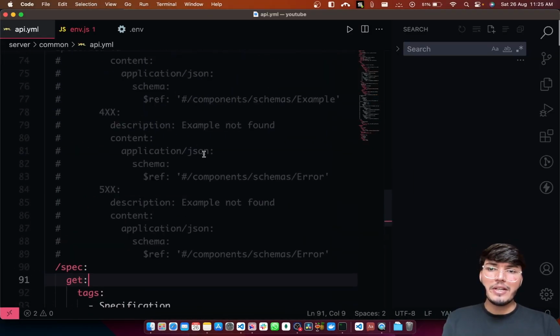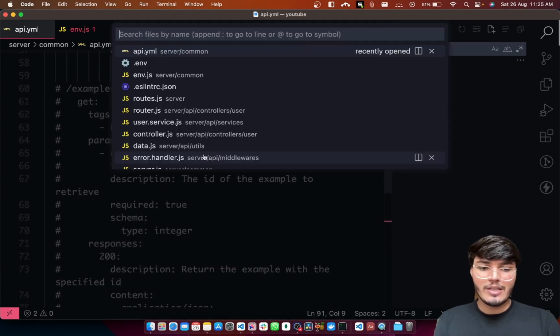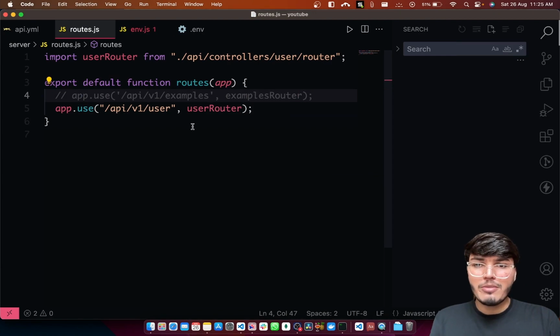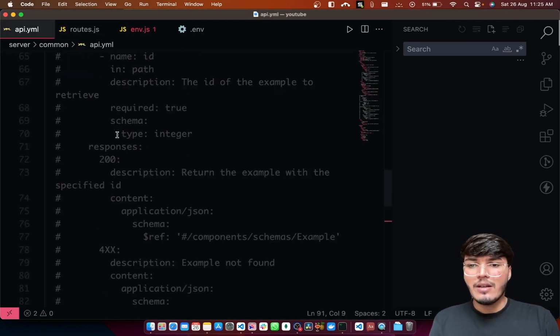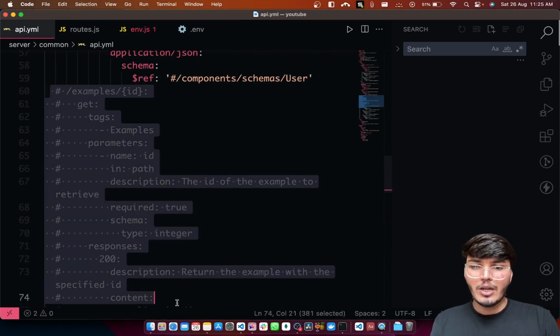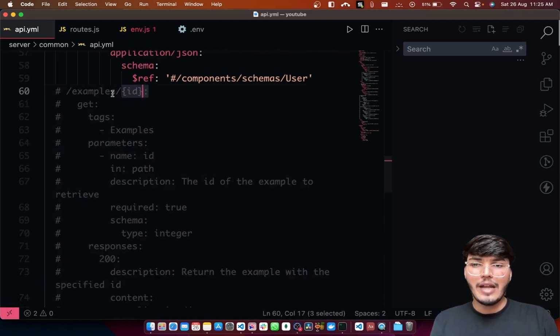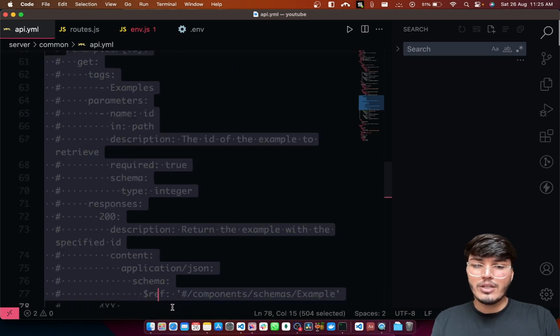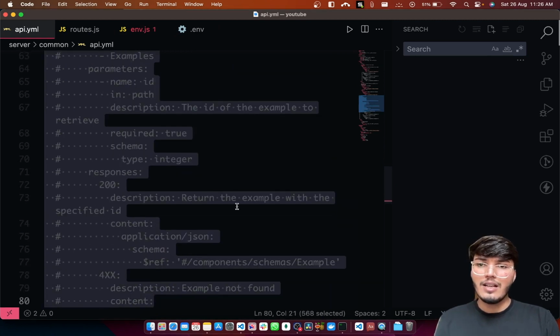Yeah, so I figured out the issue. The issue was that we commented out the example router from this particular file. So basically this particular route doesn't even exist, but when it is trying to read this file, this particular route wasn't commented out, and it was trying to figure out if this route is available or not. So I commented this route for the documentation of this particular route from this file as well, and now everything